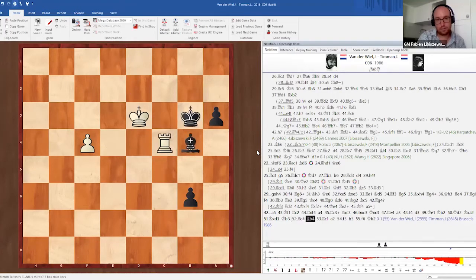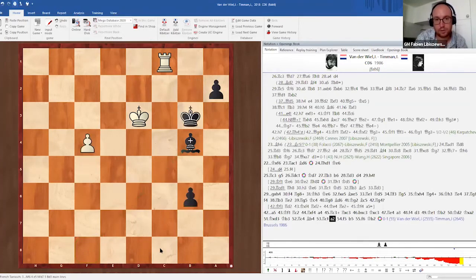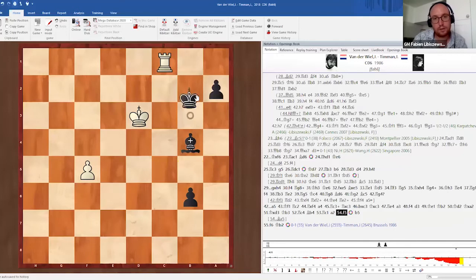And finally, you can see that black managed to win. But yeah, white had some chances at some point and could have saved the game. No, okay, now it's too late, of course, because the bishop is controlling this. And black was careful enough to play this move b5, which is important,